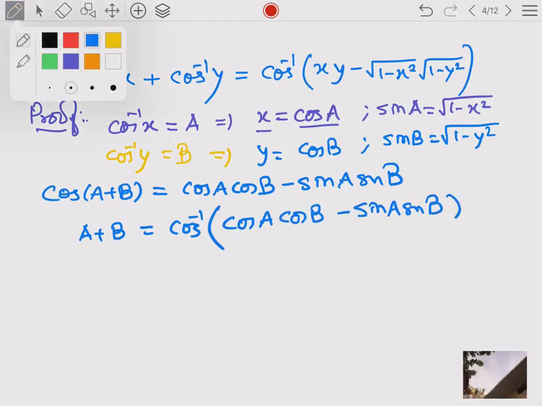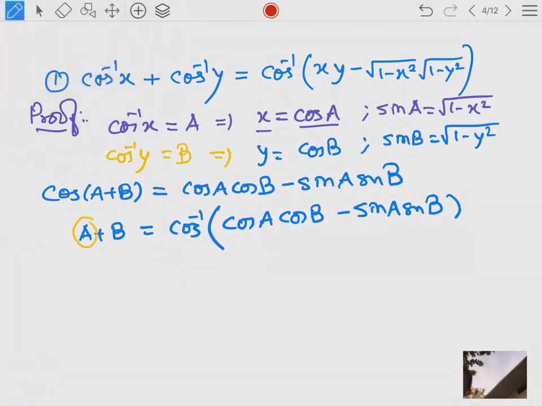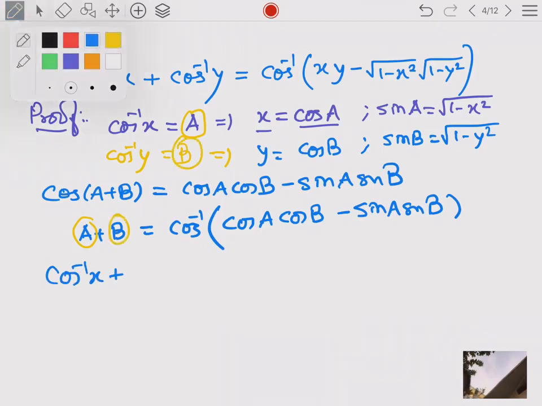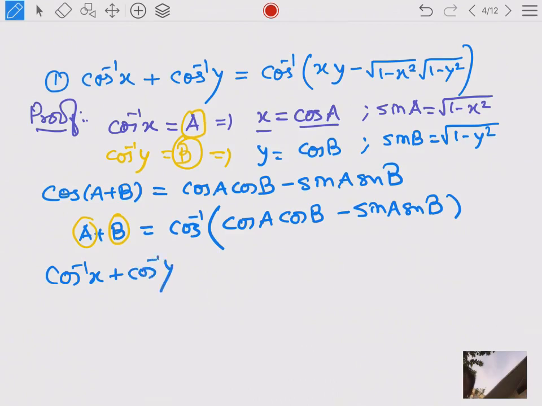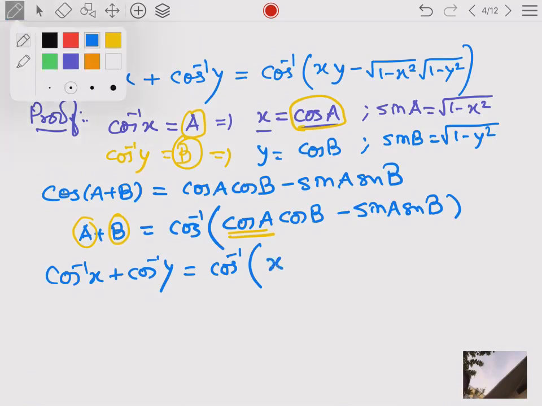Now we will check that a can be represented by cos inverse of x. Similarly, b can be represented by cos inverse of y. Here cos inverse already is. Now cos a is equal to x. Similarly, cos b is equal to